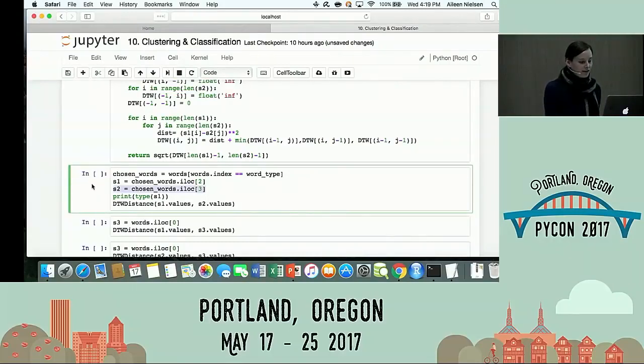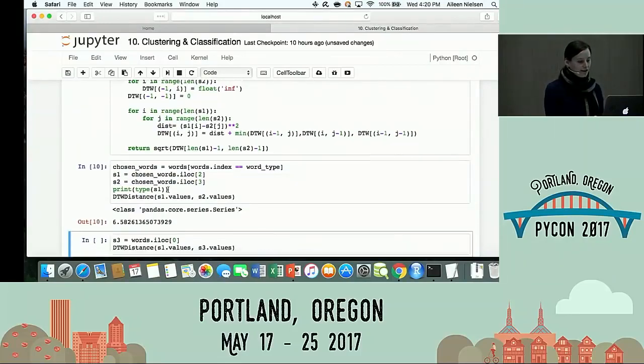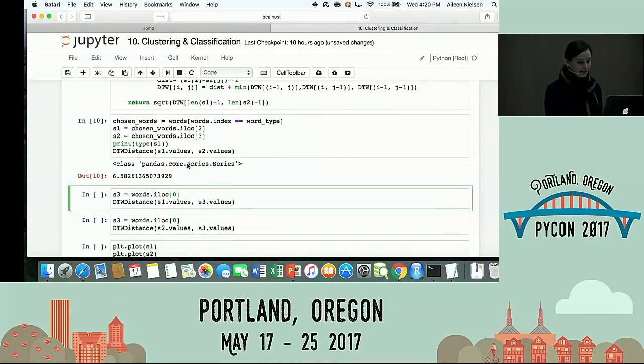Once we have that distance, we can start computing differences, right? So here I just pick randomly 2 words. I just grab them out of that data frame, and I'm going to compute the distance. It's 6.6. That doesn't really mean anything on its own, though, right? So unlike Euclidean distance, dynamic time warping distance is only meaningful in the comparative sense, right? And in that sense, it's not a true distance metric, right? Like Euclidean distance means something in an absolute sense. Dynamic time warping only means something in a comparative sense.